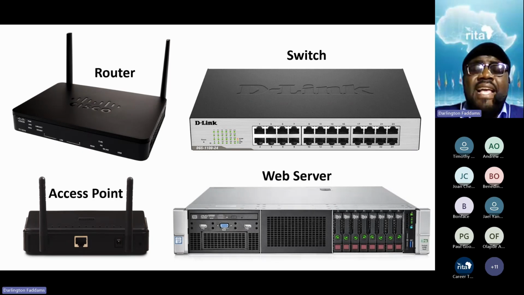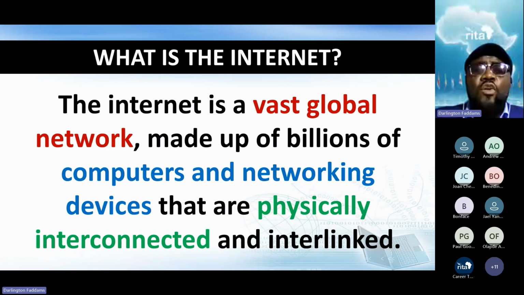And so they extended it to other countries. And eventually, to cut everything short, they allowed everyone to use that network. And that network is what we call the internet. It is a network that you can connect to and you can talk to every machine in the whole world. So the internet, if you study what the internet is, please listen to me carefully. The internet is a vast global network made up of billions of computers and networking devices that are physically interconnected